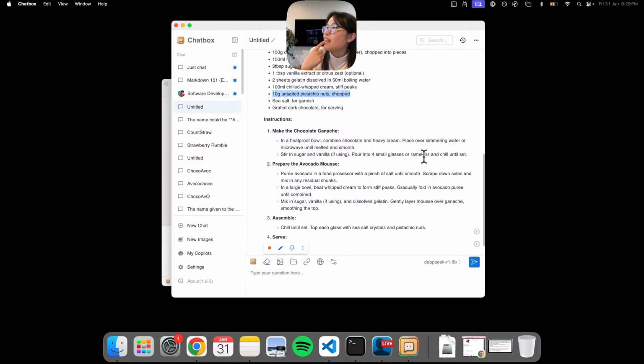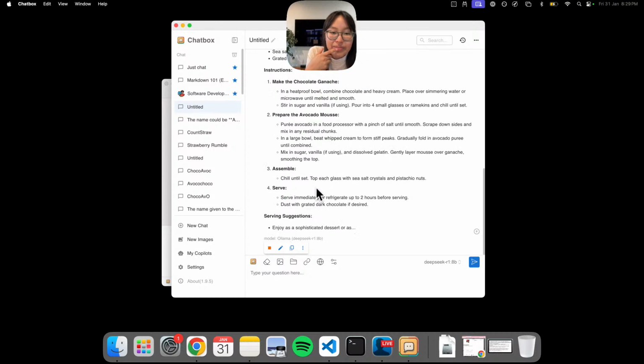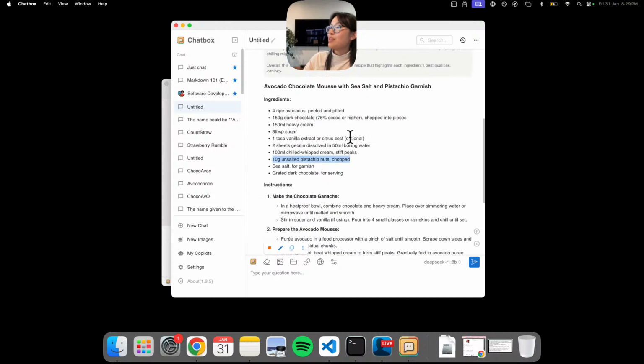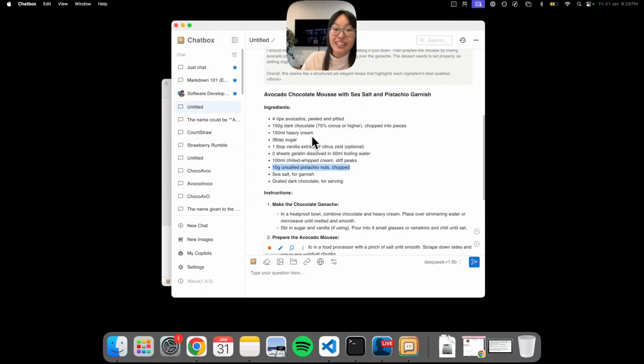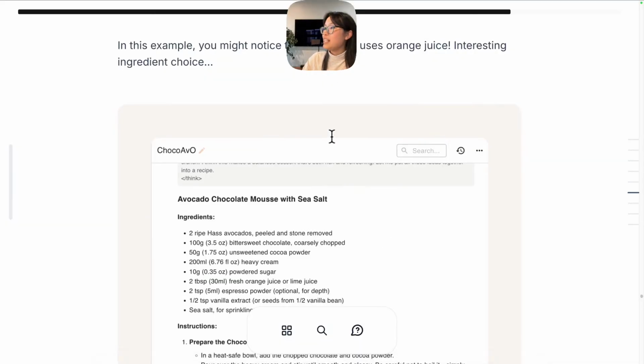Pour into 4 small glasses or ramekins. Prepare the avocado mousse. Serve. This sounds really fun. Sounds like a great dessert. I would say this recipe is a pretty creative one. You know, you could go very, very simple if you have just 3 ingredients: avocados, chocolate, and sea salt. So let's see what